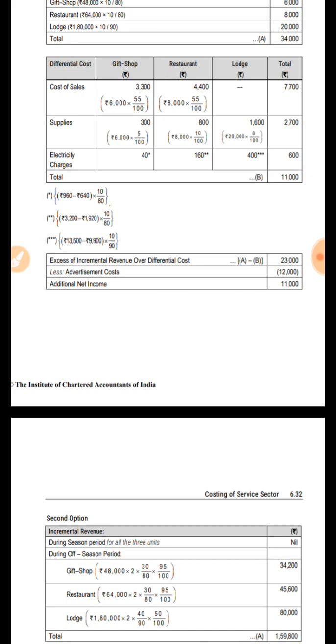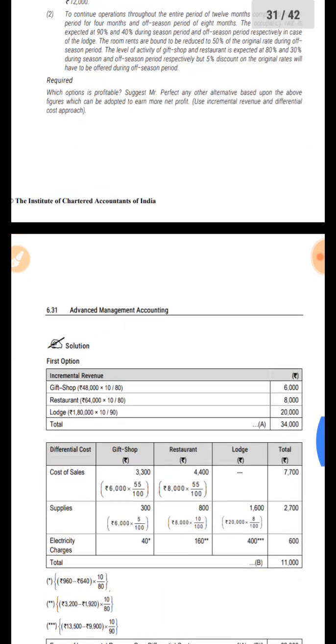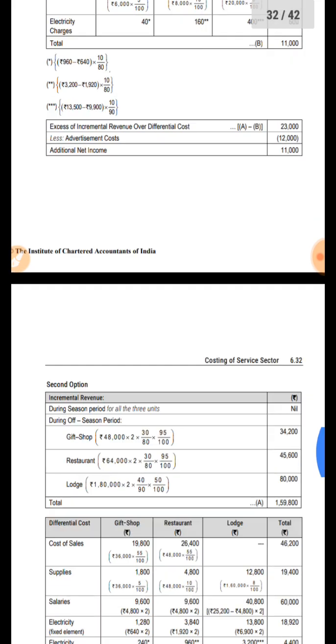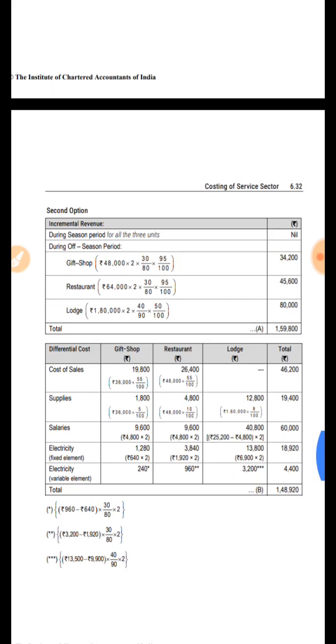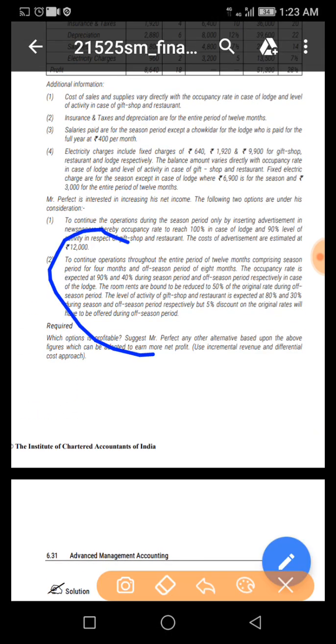Now coming to option 2. Option 2, it says like instead of just running the business only for 4 months, we can run the business around the year. So अभी हम लोग को since we are going by incremental approach, so just we have to see कितना increment हो रहा है हमारे decision से. So see, in this